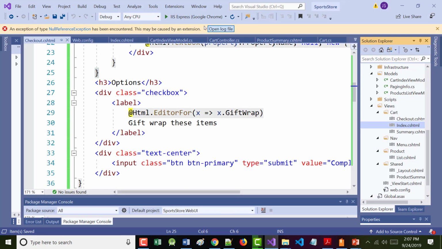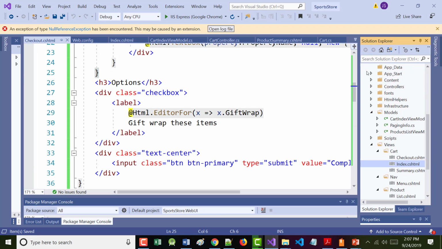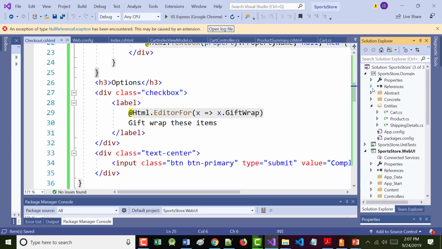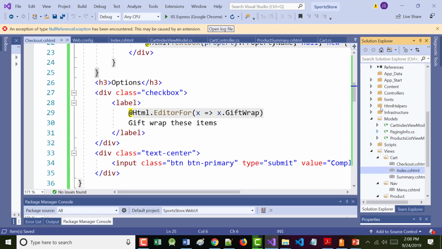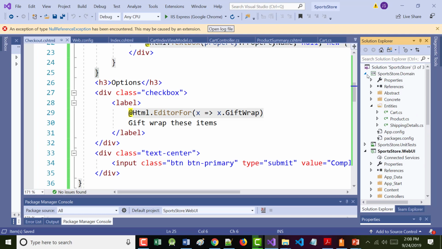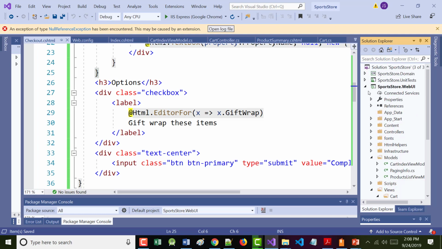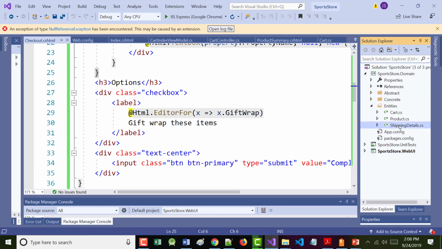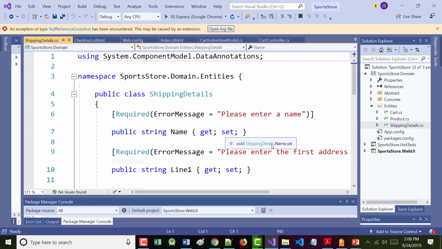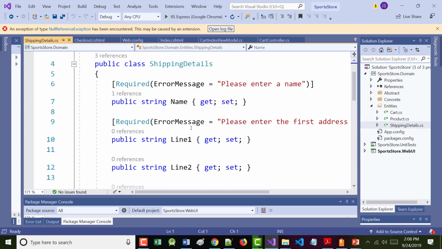In other words, we want to go back into here, and in the shipping details, that's right here, we want to go in and, before we've got required,